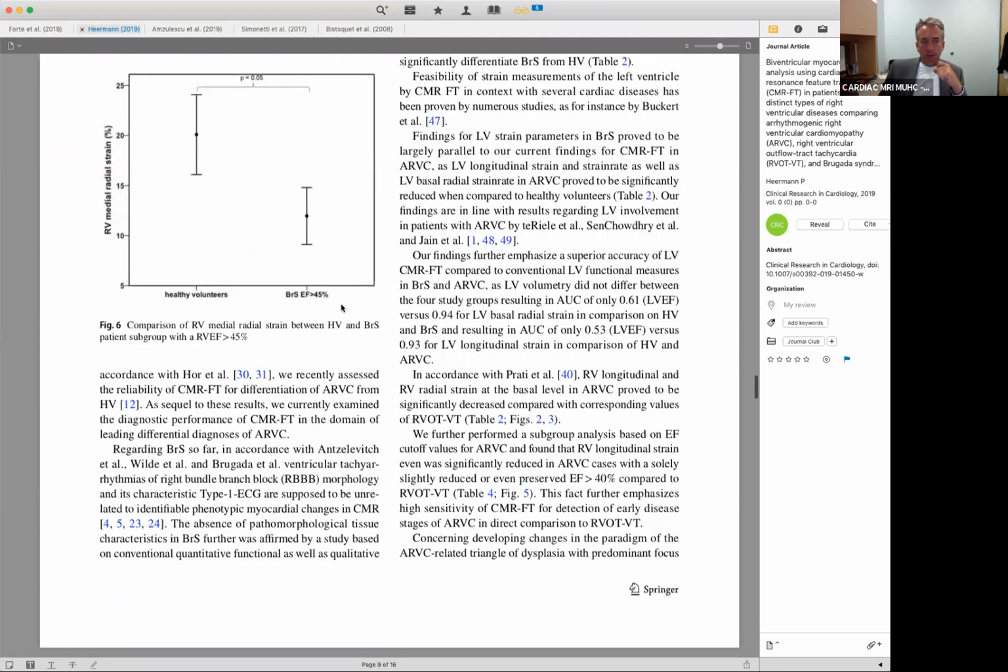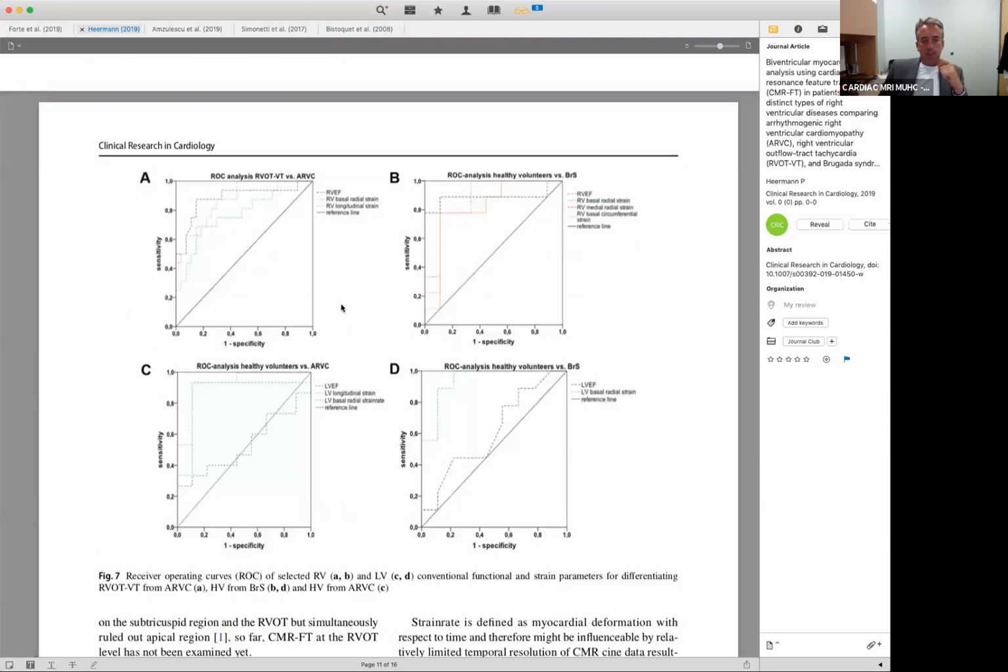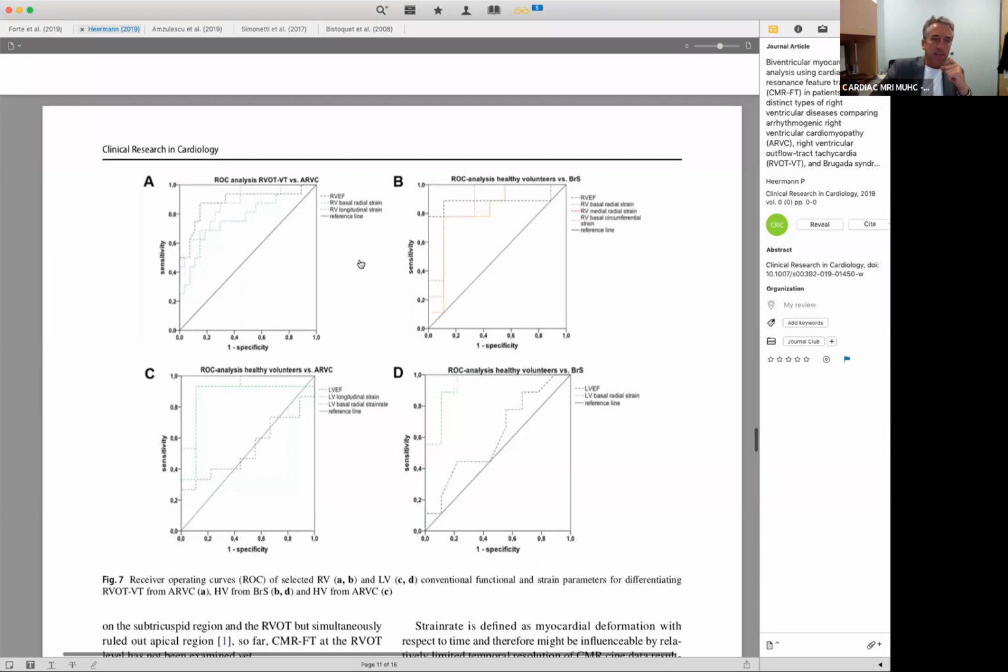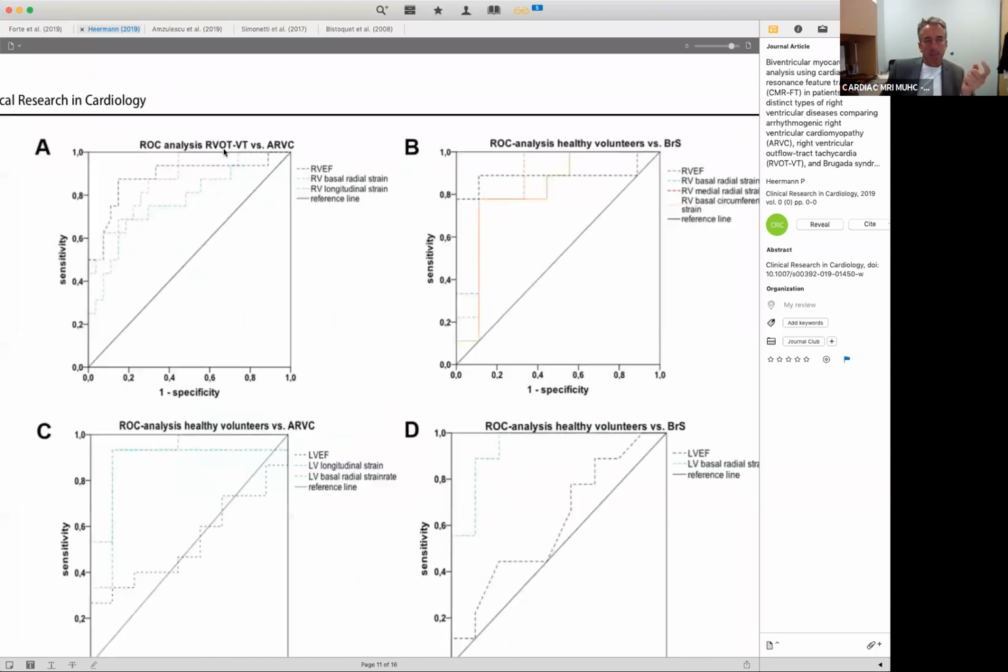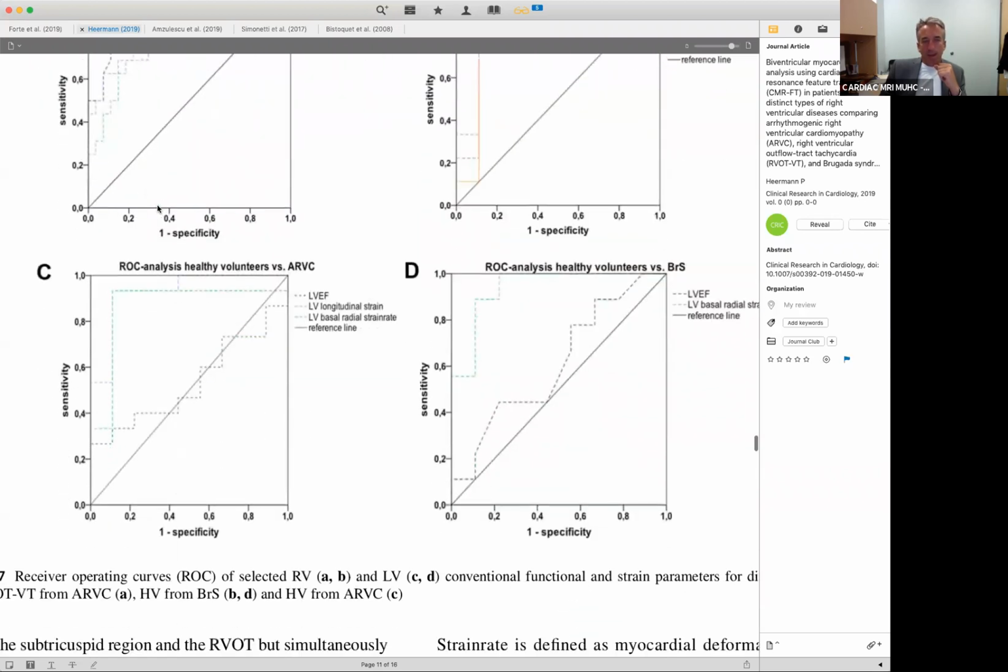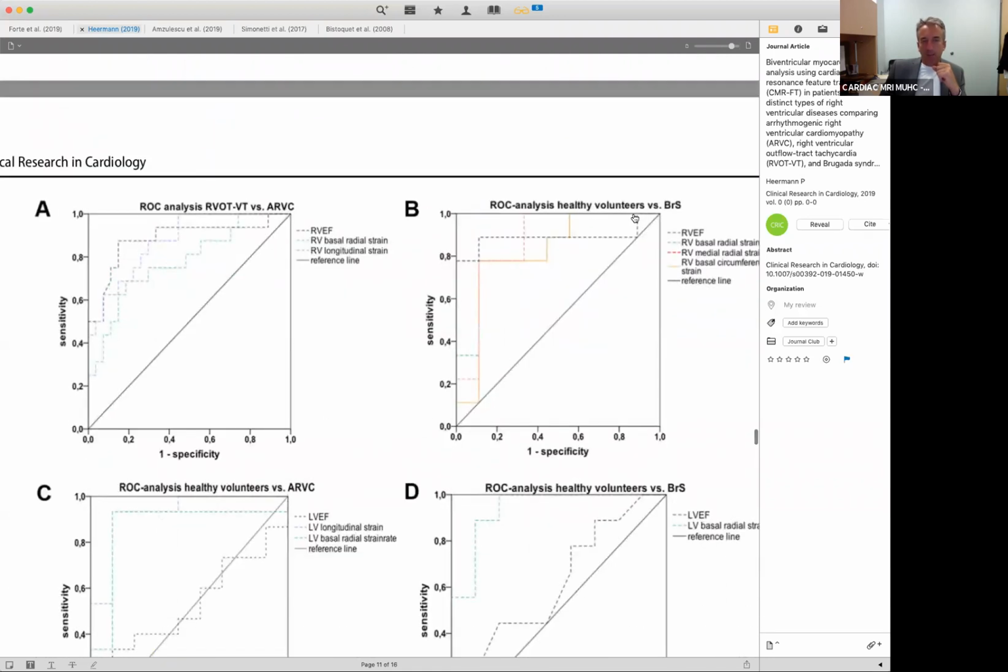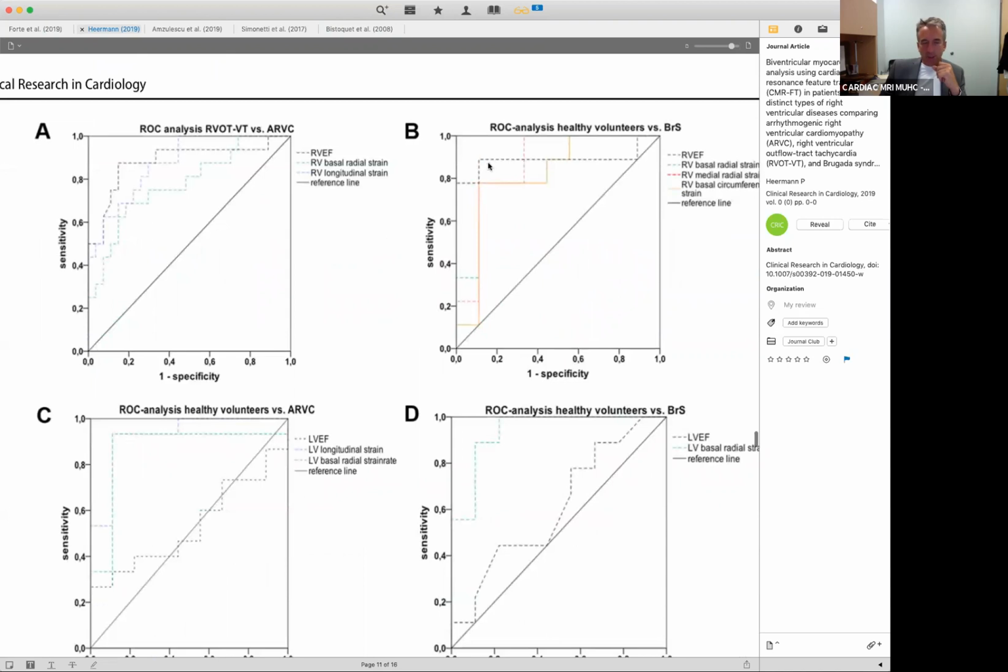And then when it comes to receiver operating curves, to differentiate RVOT tachycardia from ARVC, and also healthy from Brugada and healthy from ARVC, we see that ejection fraction, in gray, actually performs very well between ARVC and RVOT tachycardia. No wonder, because ejection fraction is one of the criteria used to make the diagnosis of ARVC. But the strain values, the radial strain and the longitudinal strain, are still performing okay. And compared with healthy people, for Brugada syndrome, ejection fraction again is a good one,